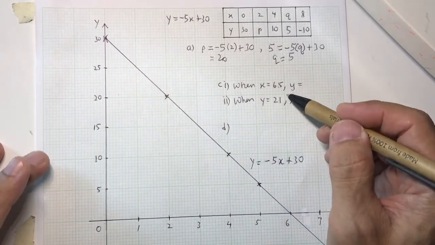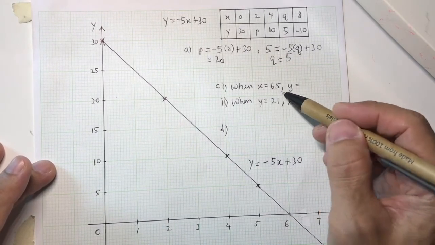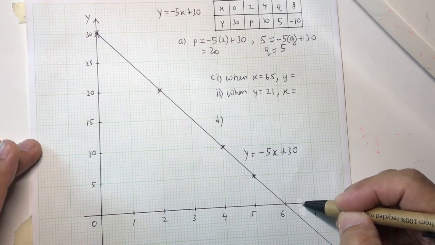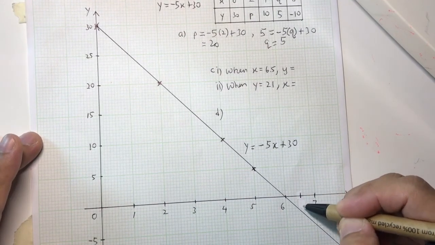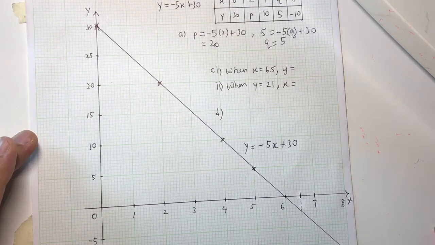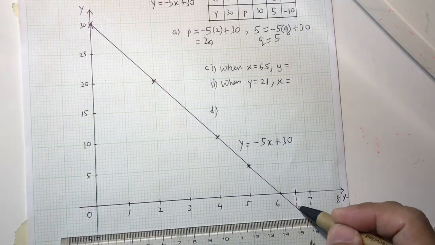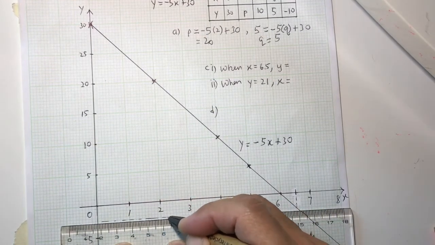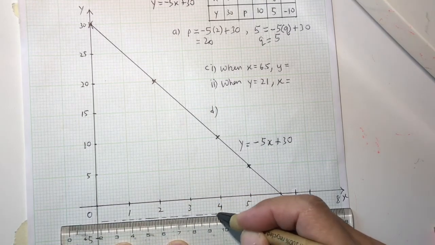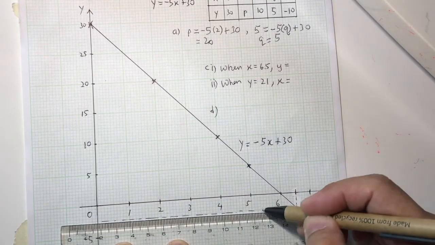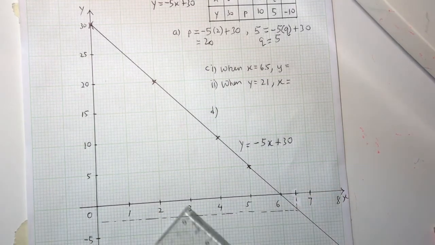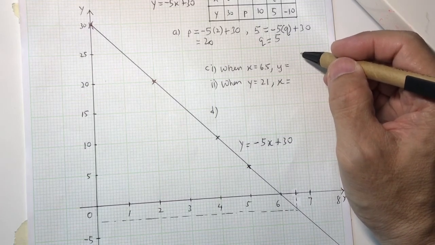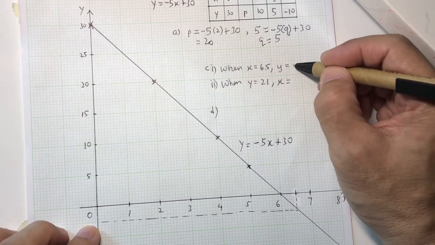So the next part is to find the value of y given x is 6.5. So x is 6.5, which is here. We draw a dotted line to the line that we have drawn and draw a dotted line to get the answer for y. The dotted line is your working. So y is negative 2.5